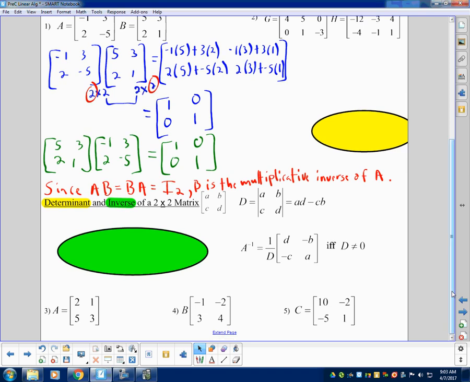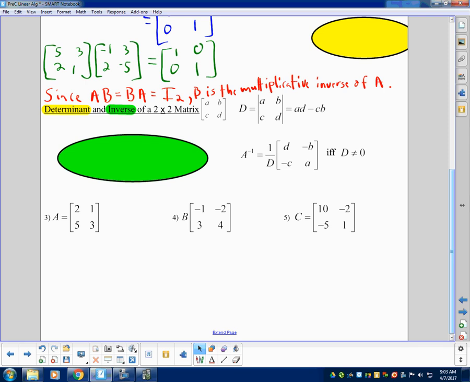All right. So let's go ahead and calculate the inverses of some of these matrices. I'm going to have you do this in the homework, so you want to have some examples of this. Just using the formula, the determinant of this matrix is equal to 2 times 3 minus 5 times 1. So 6 minus 5 is 1. That's an easy determinant to work with. Determinant equals 1. So A inverse in this case would be equal to 1 over the determinant, which is 1,